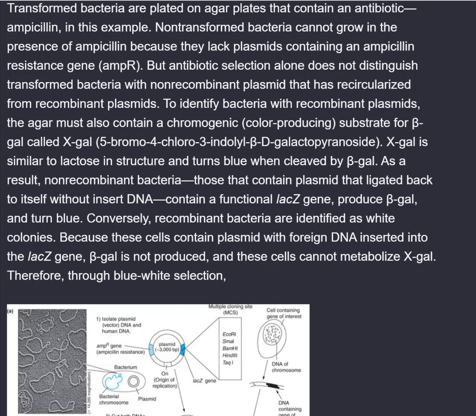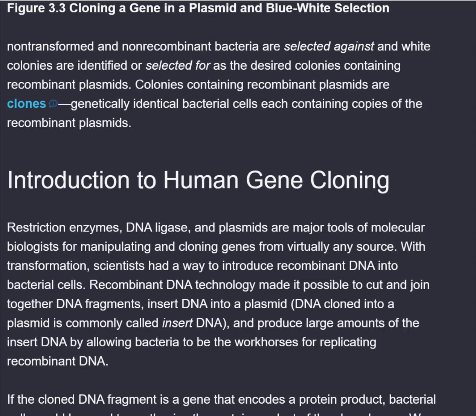As a result, non-recombinant bacteria, those that contain plasmid that ligated back to itself without insert DNA, contain a functional lacZ gene, produce beta-gal, and turn blue. Conversely, recombinant bacteria are identified as white colonies. Because these cells contain plasmid with foreign DNA inserted into the lacZ gene, beta-gal is not produced, and these cells cannot metabolize X-gal. Therefore, through blue-white selection,